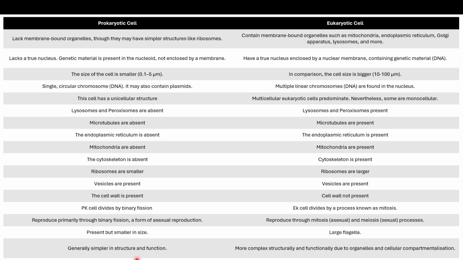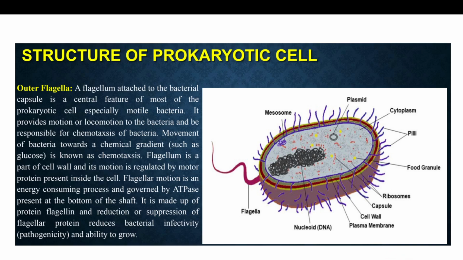And the structure and function of a prokaryotic cell is generally simpler, whereas eukaryotic cells are more complex structurally and functionally because they contain multiple organelles and cellular compartmentalization. Okay. So next, if we look at the structure of